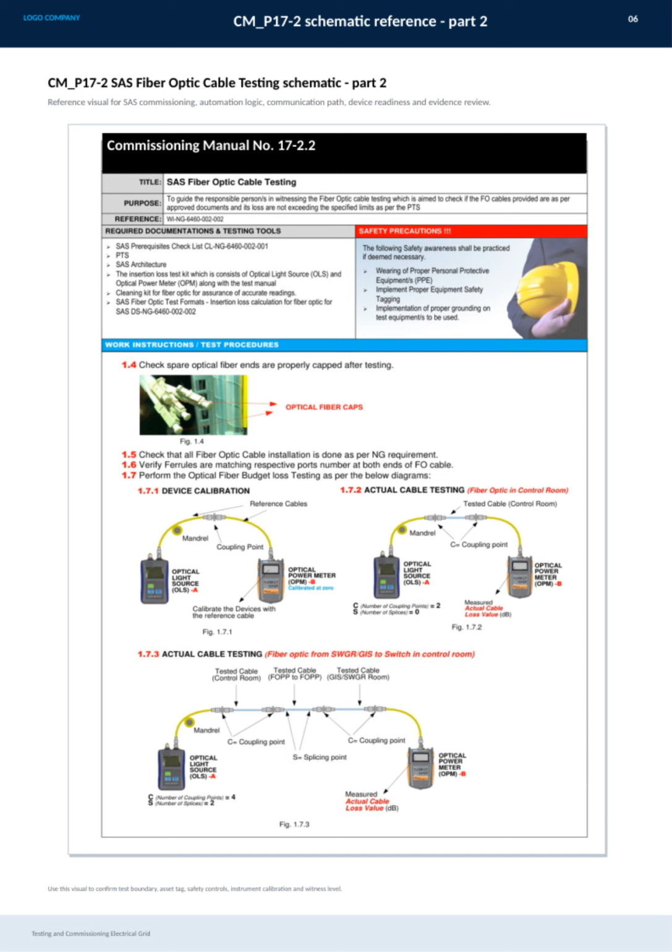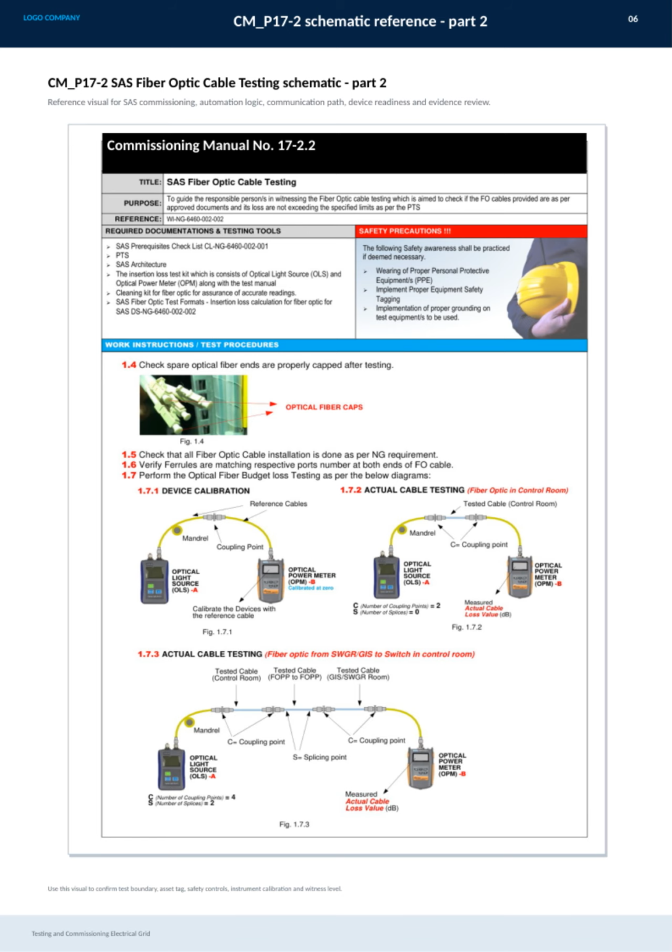Use it to verify the automation logic, communication paths, device readiness, and to gather the necessary evidence during the review. It's important to confirm key aspects like the test boundaries, asset tagging, safety controls, instrument calibration, and witness levels to ensure everything is in proper order. This process is detailed in Commissioning Manual Number 17 to 2.2, which should be your go-to reference for accurate and